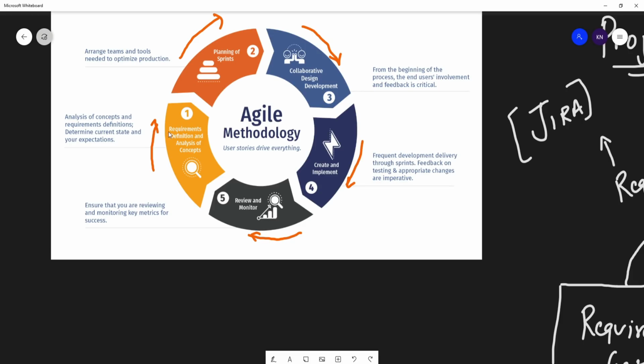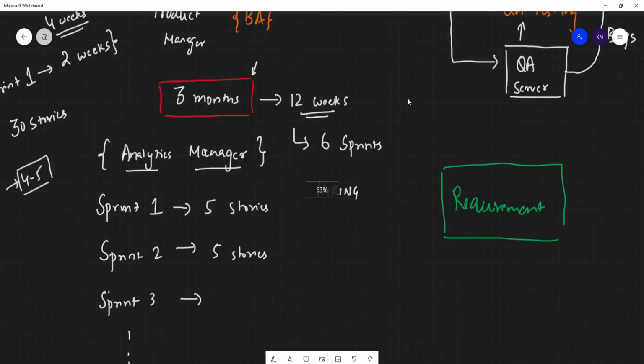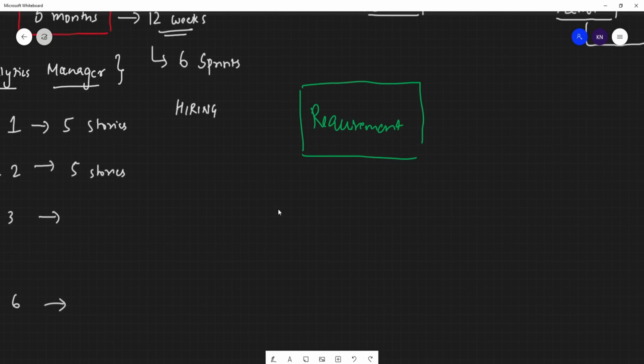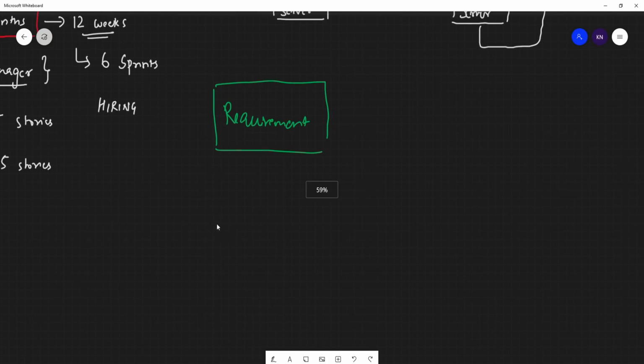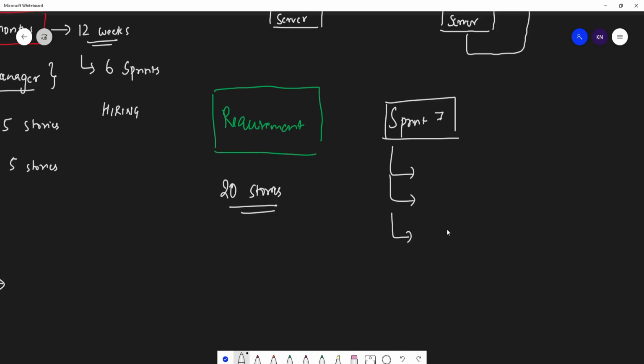After the entire story has gone to the production, the client team may have 20 more stories to get delivered. Suppose they have 20 more stories to get delivered, so they will start planning their sprint 7, and in this sprint 7 they'll assign the stories to the developers, and again this entire story will go to the QA.